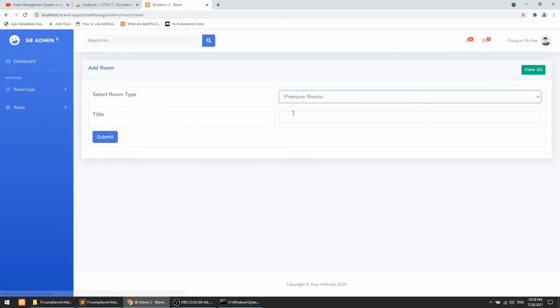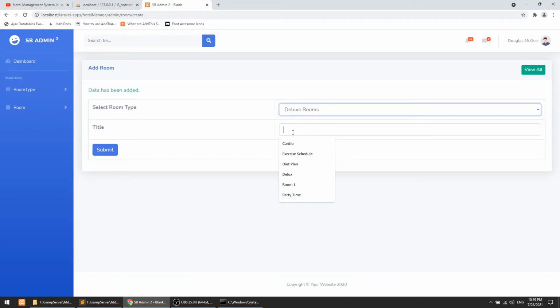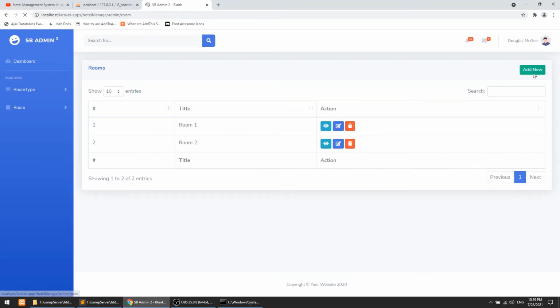So let's add this again. This will be room 1, save, and let's say room 2, save. So it is working. Now let's go to the view all. So we have room 1, room 2, and here if we go to, okay, we will talk about this later. First of all,